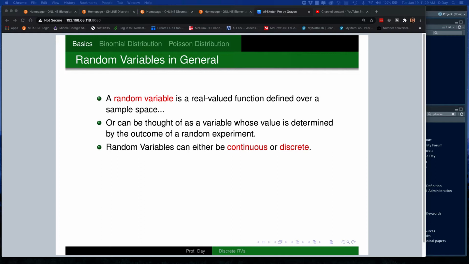These can also be thought of as a variable whose value is determined by the outcome of a random experiment. Random experiment, real quick. That's any experiment you might do. In other words, collection of data is considered an experiment. When you collect data, you're usually performing some kind of experiment in the real world. It could be like you're collecting information on patients with certain diseases at a hospital, but you can't just go and grab the first 50 patients off the list you see, because that's not a good representation of your population of all people with this particular disease. Therefore, you have to randomly